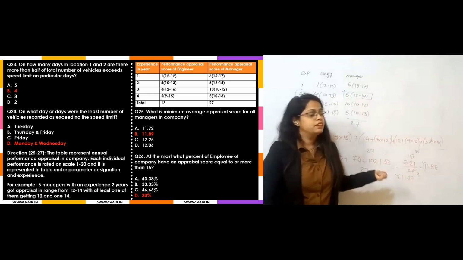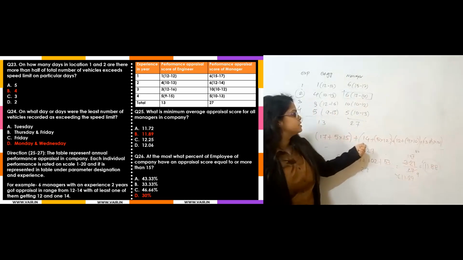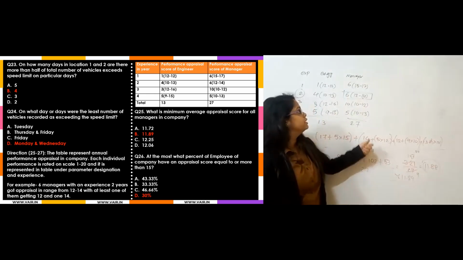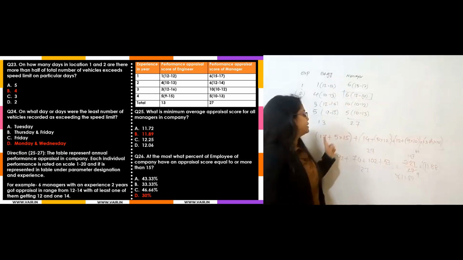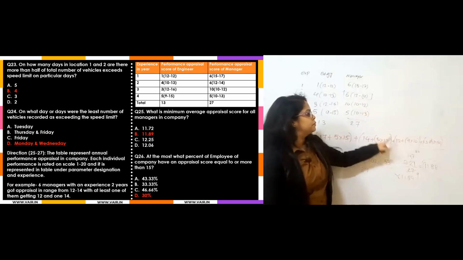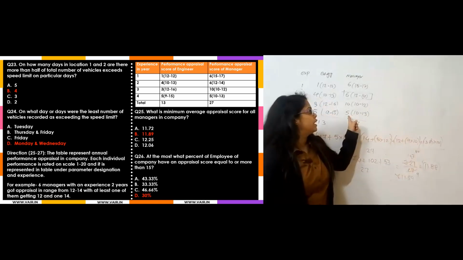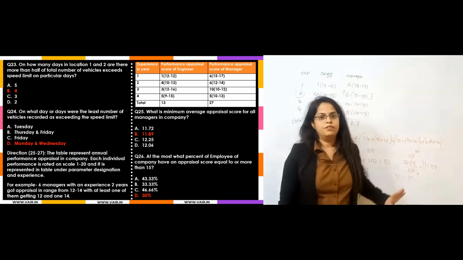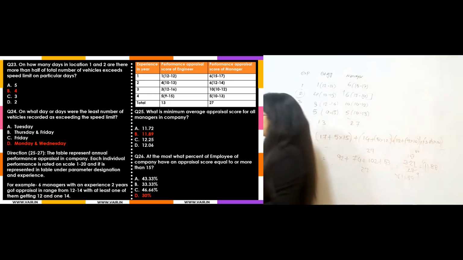This is how I am considering. That's why I was taking like this. For the 6 one I have taken, for the remaining 5 members get 12, one member get 14. Similarly, here out of 6, one member gets 17, remaining 5 get 15. Out of 10, one member get 12, remaining 9 get 10. Out of 5, one member get 13, remaining 4 get 10. This is the average. Okay. So this was quite logical.